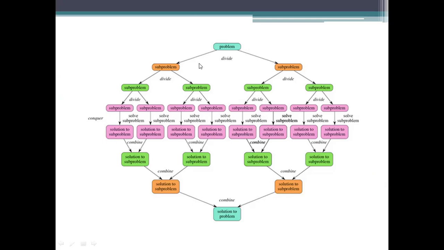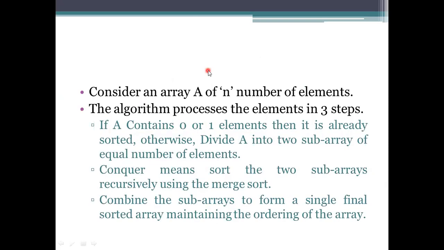And how are we going to process these things? These things will be processed using 3 steps. The first step is we need to take an array.